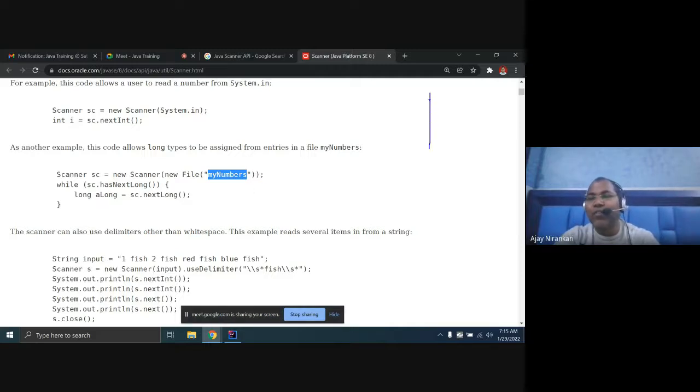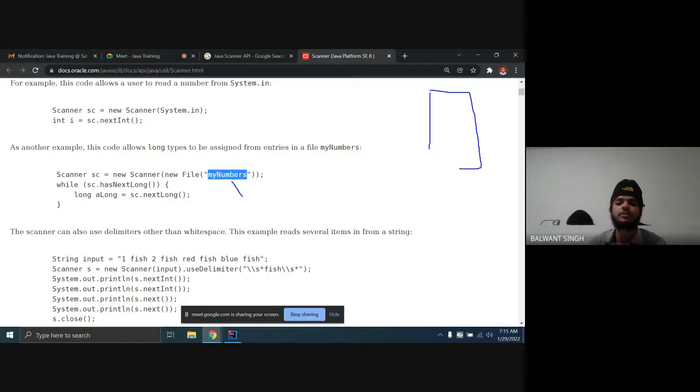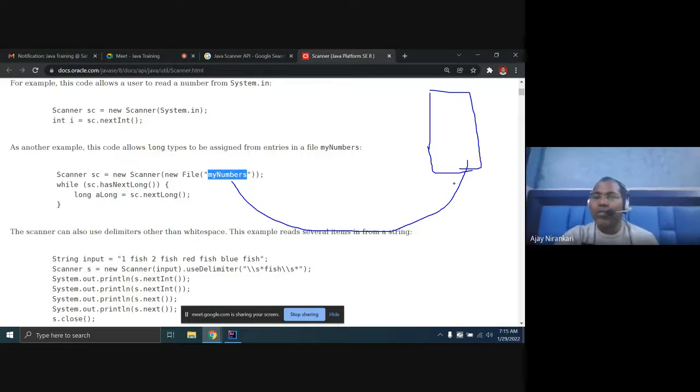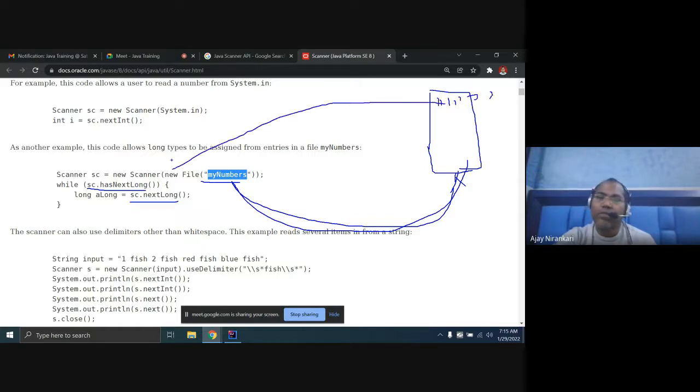This file must be in the folder in which we have our Java class. Whatever you write here should contain a long, so they are expecting hasNextLong, then getLong. So here you are passing some long number, and now you can get it. Just try it.